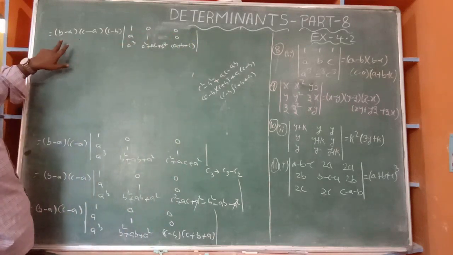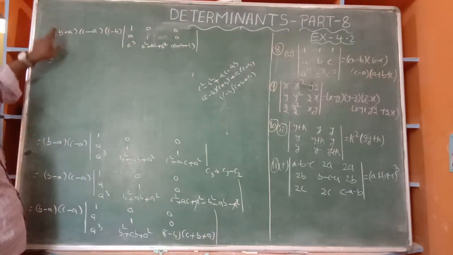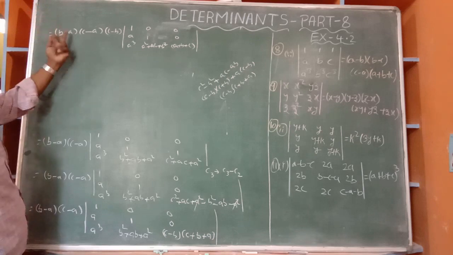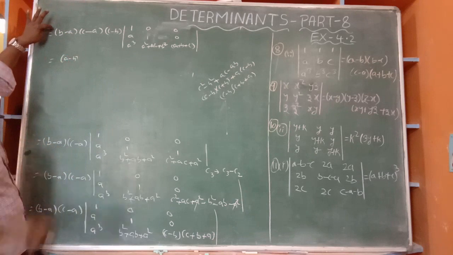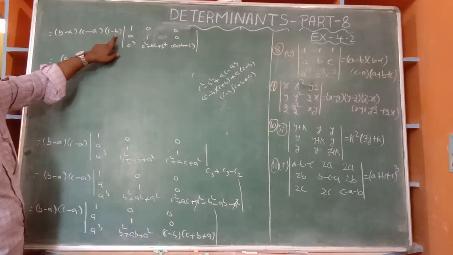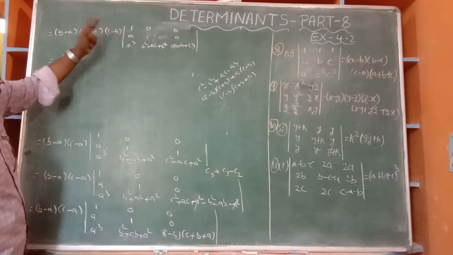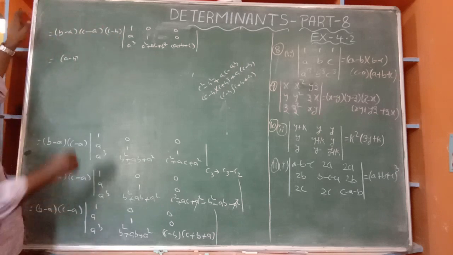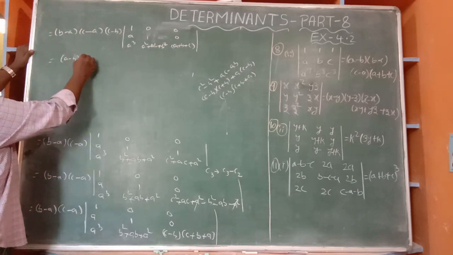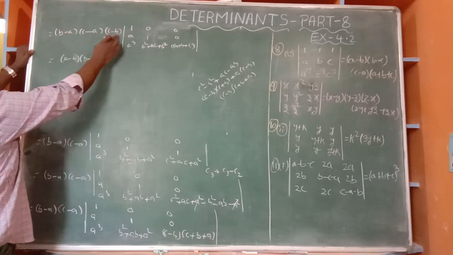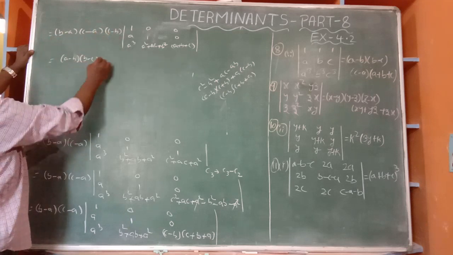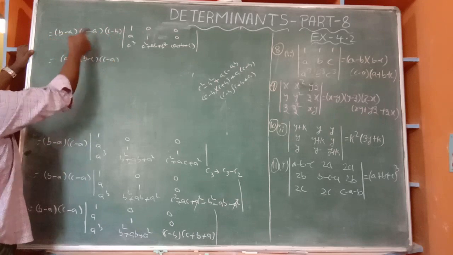Again here you observe me writing in order. B minus A is there, A minus B I want to write, then minus 1 will come. Here also C minus B, B minus C in order, so minus 1 comes. Minus minus plus. Now it is B minus A, not A minus B, and C minus B, not... it is B minus C. And it is as it is.